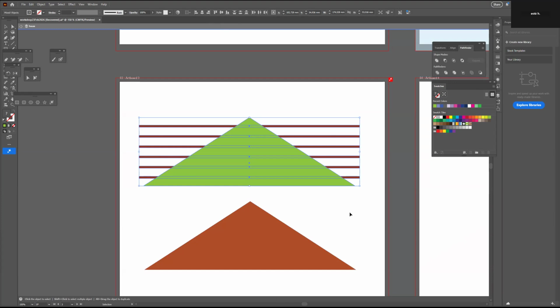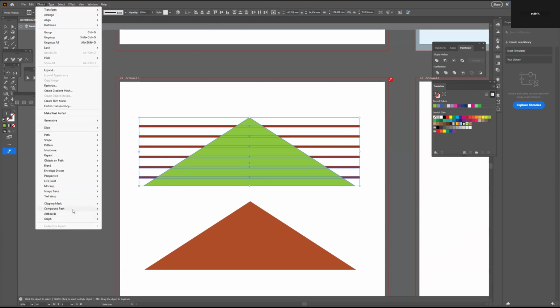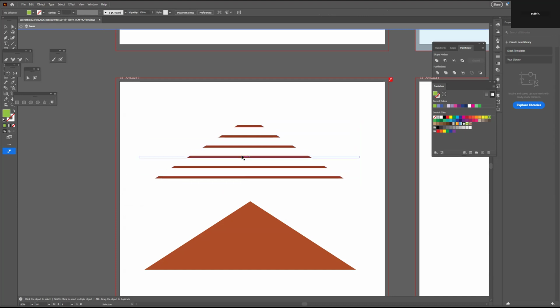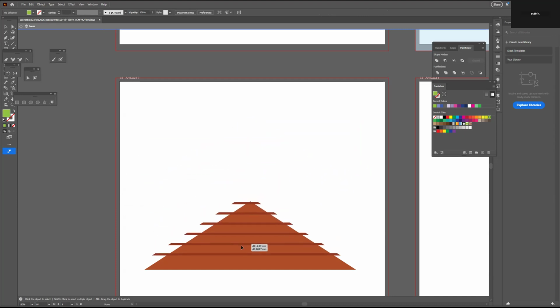And what you need to keep in mind is that the shape that you're going to use as the clipping mask, as the frame for the pattern or the grouped shape objects, it needs to lie at the top of your selection. And then you go Object, Clipping Mask, scroll down and you say Make, or you can use the keyboard shortcut of Control+7. And there we have created a clipping mask, and then I can drag it over so